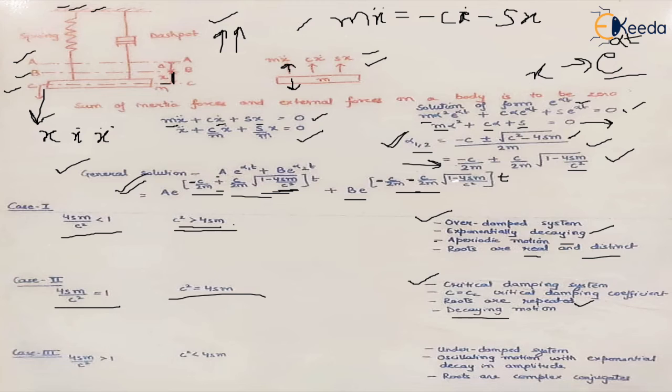The third case is when 4sm upon c square is greater than 1. That means c square is less than 4sm. So what will happen? We'll get the complex conjugate roots. That means we'll get the complex roots, right? So in this case, what happens? These are called the underdamped systems, and in the case of the underdamped systems, the system oscillates about the equilibrium